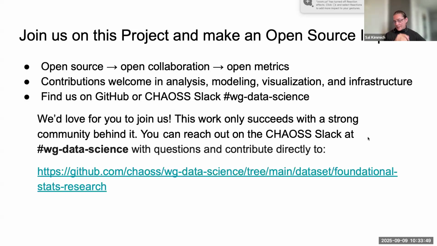And then I think this is going to be a pretty easy slide for most of the people on this call to understand. The best way to get involved is to reach out on the working group Slack. You can reach out to Ernest or myself on that Slack as a DM as well, but keeping it open and public makes it easier for us to answer questions. And this is the link to that public repository. So if you have any help to offer, know anyone who might be good to offer help on this, or, number 3, see any wheels that we might be recreating when we could just go borrow an open source one, let me know.